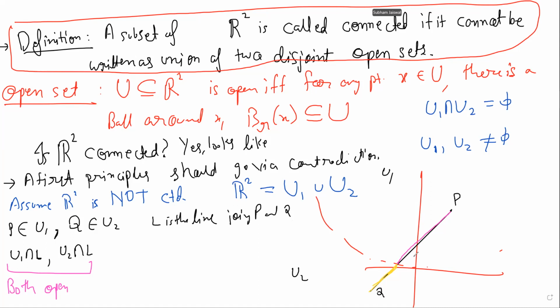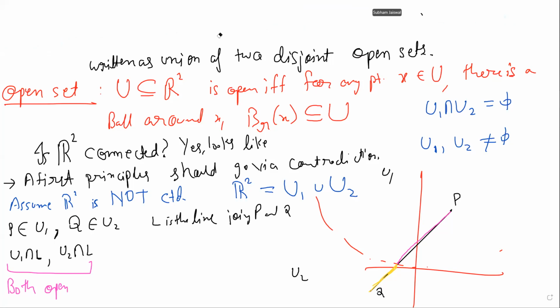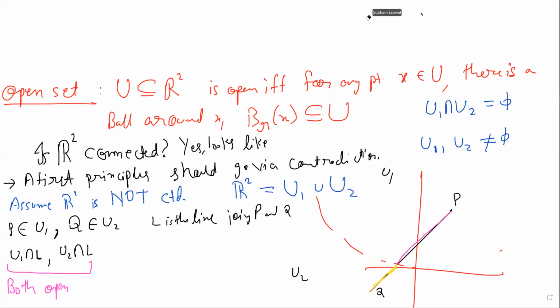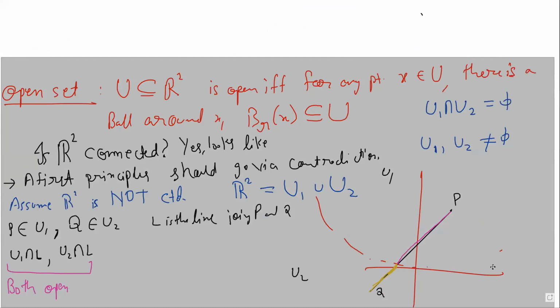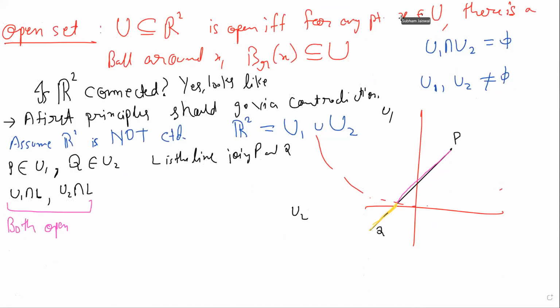Okay. So in some sense, basically, we have found a disconnection of the line, which is not possible. But once again, this is not a formal thing, right? To make it more formal, we will use continuous functions. So let's do that one step. And this we need, otherwise we will not be able to write proofs of connectedness of other sets and make other theorems, and sometimes this will be necessary even to know the answer because it will not be obvious. R2 is obvious, I mean, but you'll meet connected sets where it will not be very obvious. So that's why, so how can we make this more precise? Well,